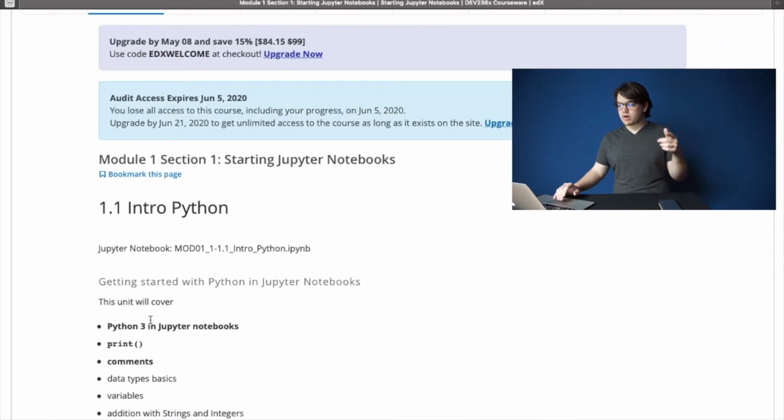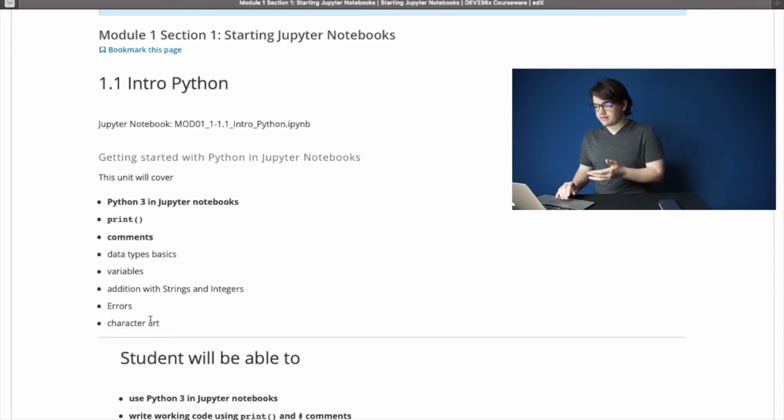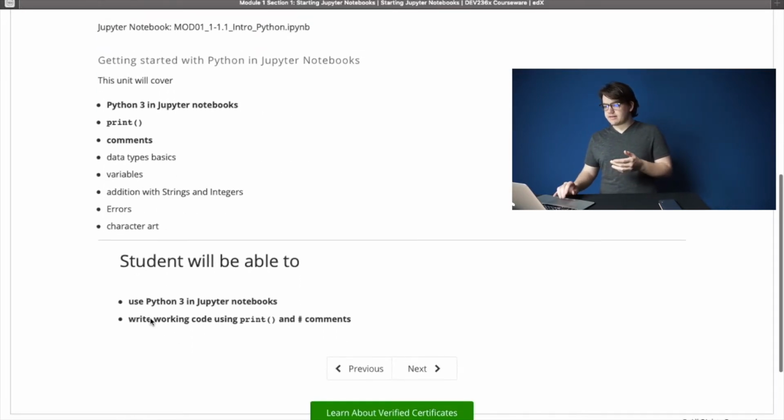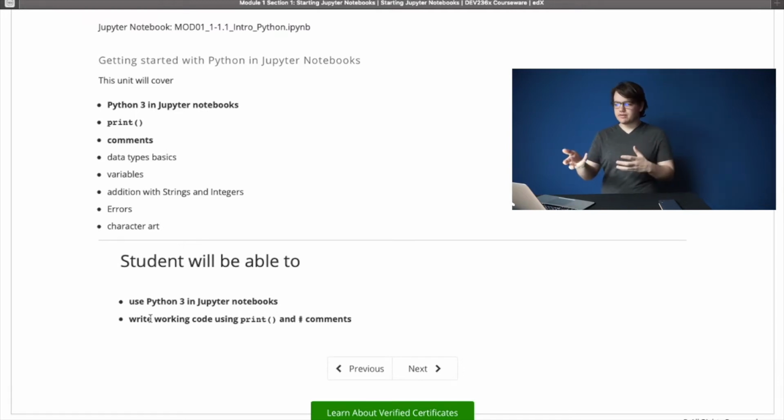Module 1, section 1, starting with Jupyter Notebooks, intro Python. Here they say you are getting started with Python, and what you are covering. What I will cover on Jupyter Notebooks is the same as on edX.